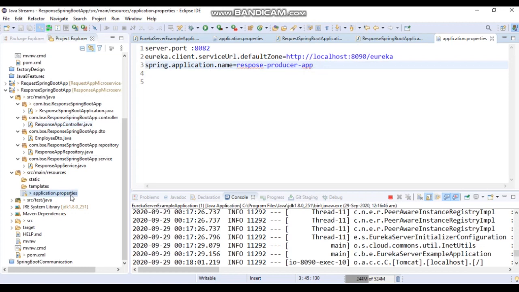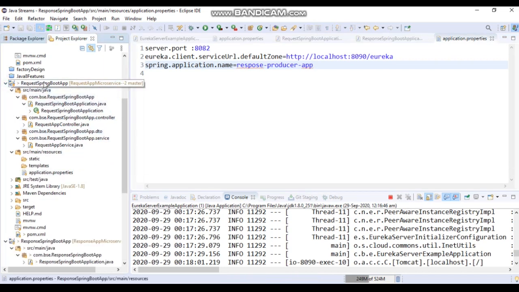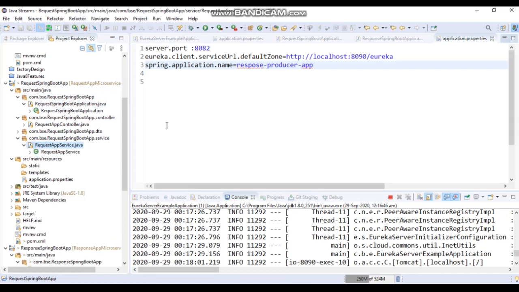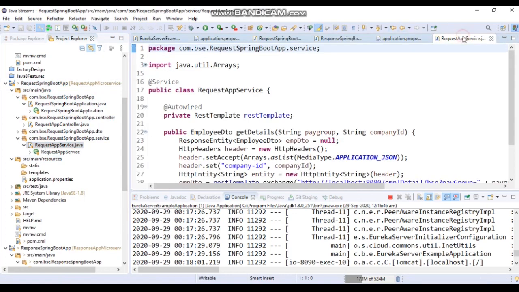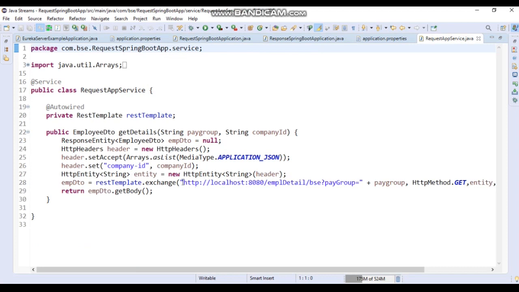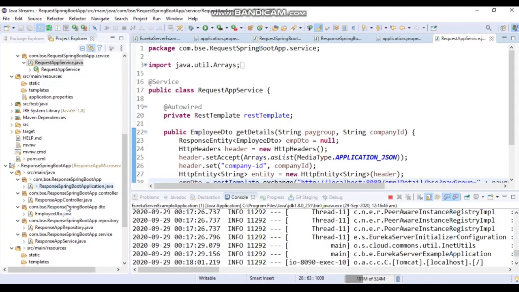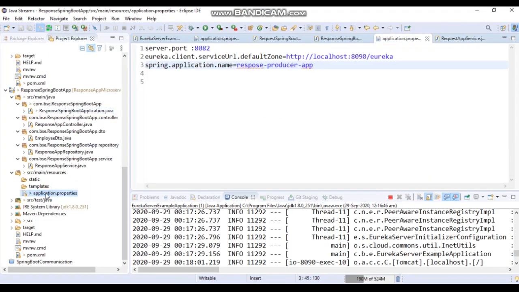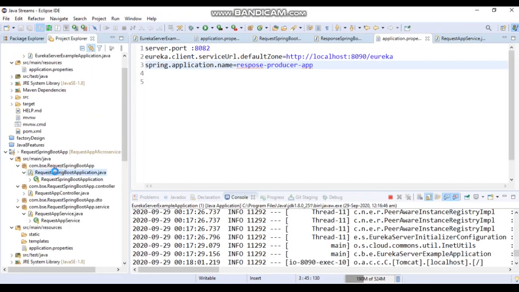So let's go now to the request service. This is what we did for the producer or response service. In the request service we are calling the response service. Here we are directly calling the URL through 8080, but it's now on 8082.